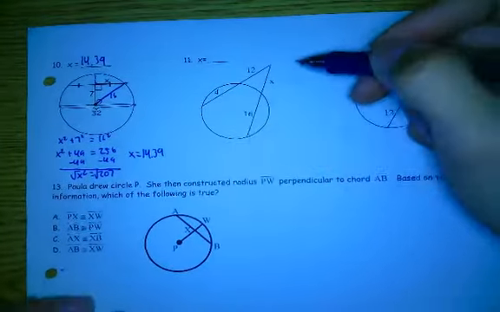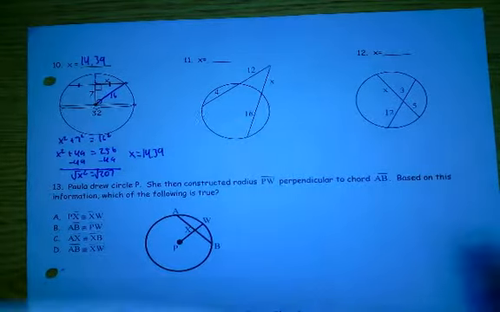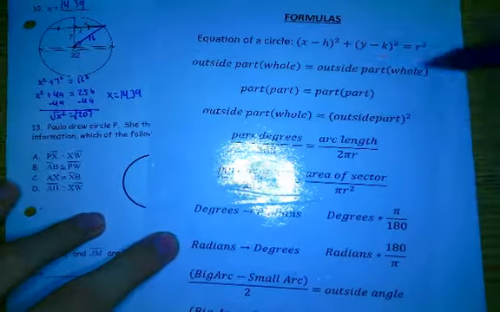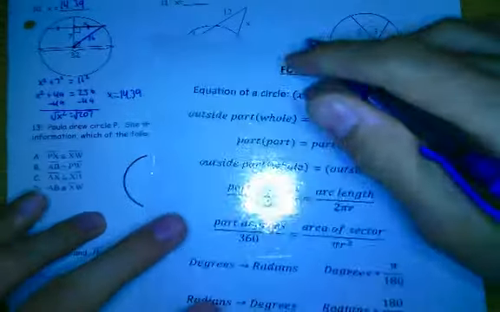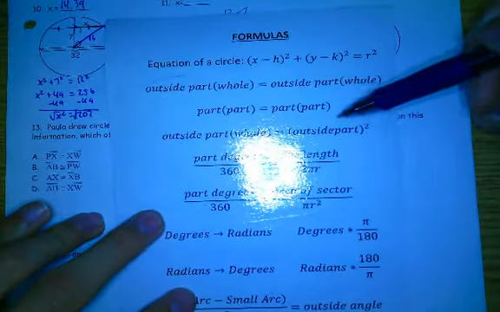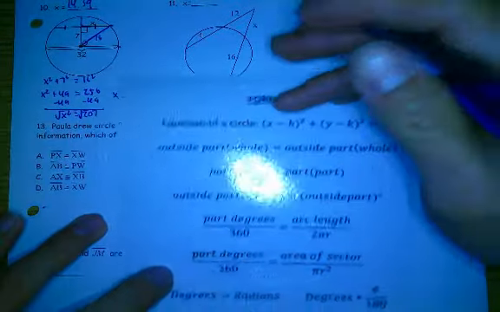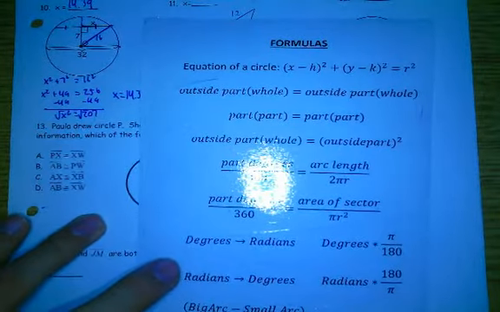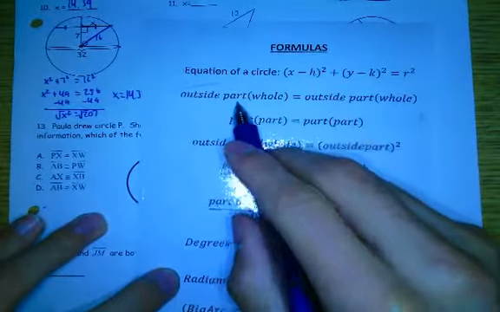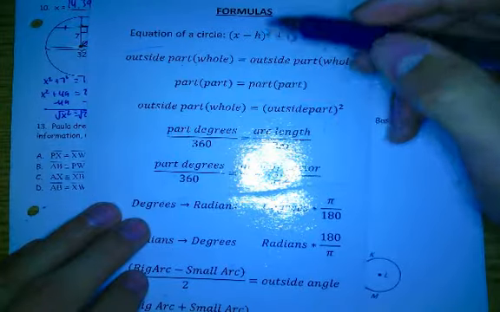Okay. Now, when I look at these formulas, this one says part. Maybe that one, because I see like this is one part, that's another part, that's a part, that's a part. But let me look at the other ones, and maybe you'll bring back your memory. Well, this one's more specific. It says outside part, and there is an outside part, so maybe it's that one, but maybe it's that one. But the difference between both of them is that this one has outside part only, as opposed to this one has outside part times the whole. So my intuition tells me that we have to use this one,